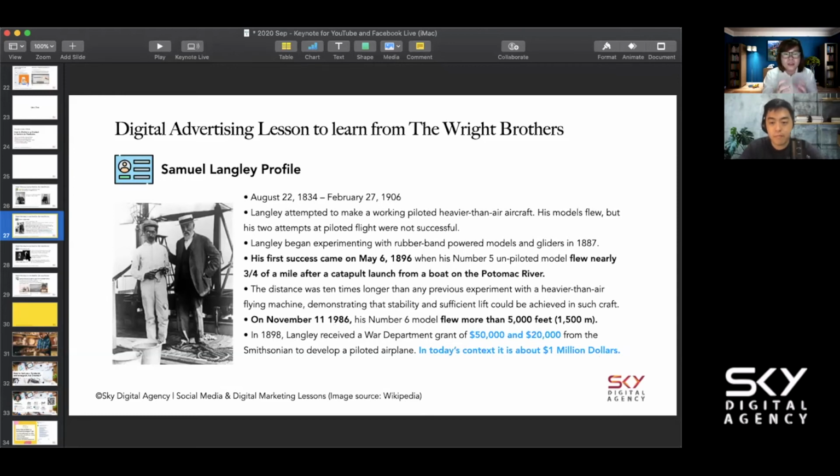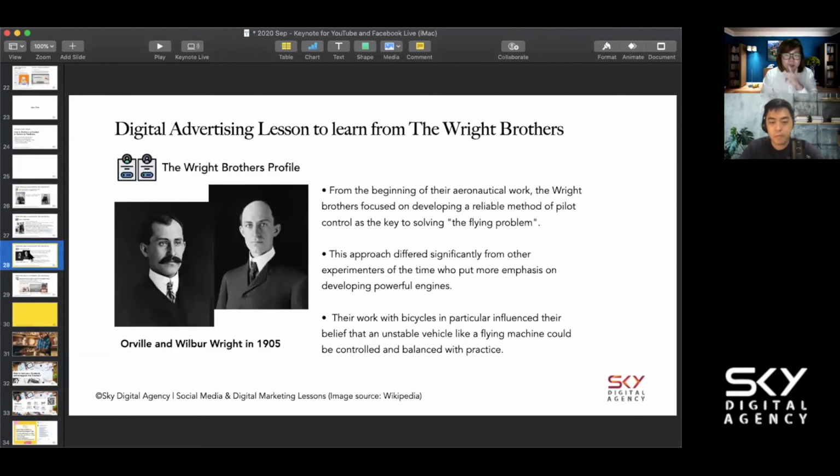So he thinks that the stronger the catapult is, the further you can fly. Okay, but the Wright brothers had a different approach. The Wright brothers actually wanted to solve the flying problem, so they always took their airplane up to the mountains and then flew down. And the further they could glide and the safer they could land, that is the plane where they added